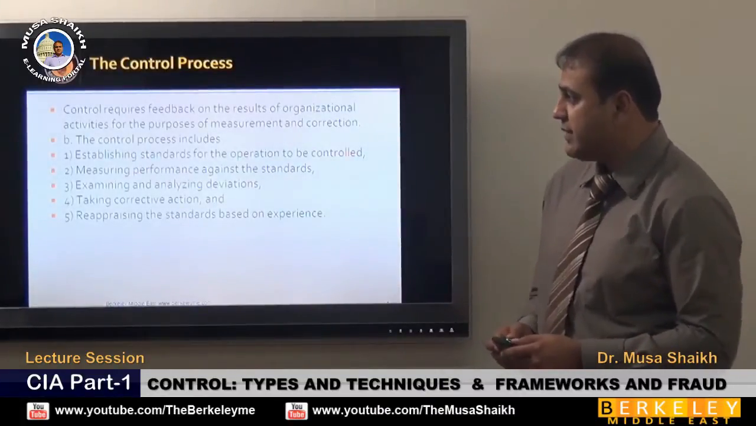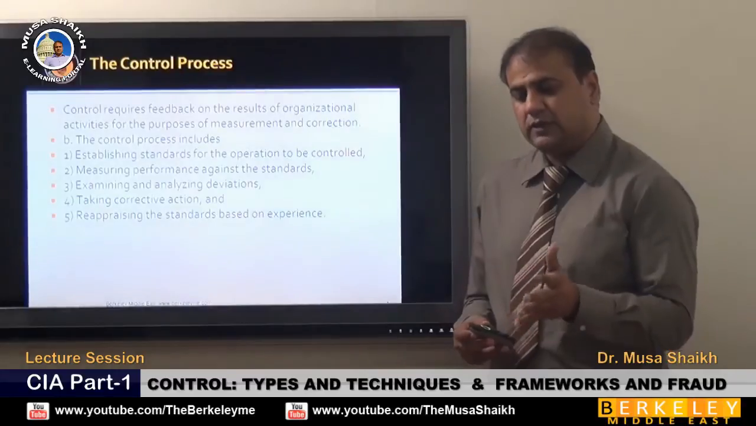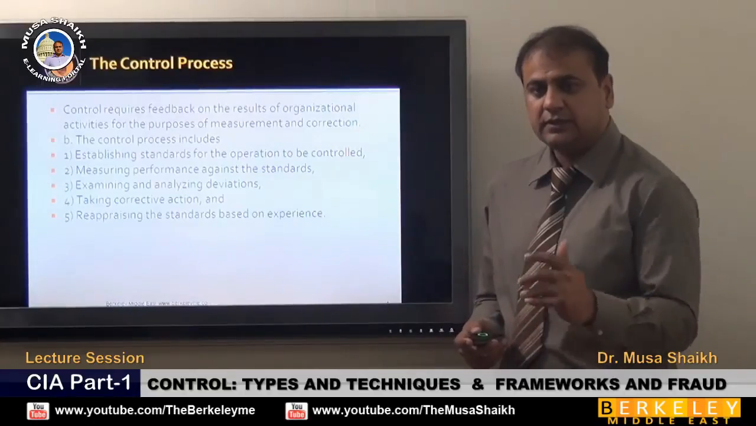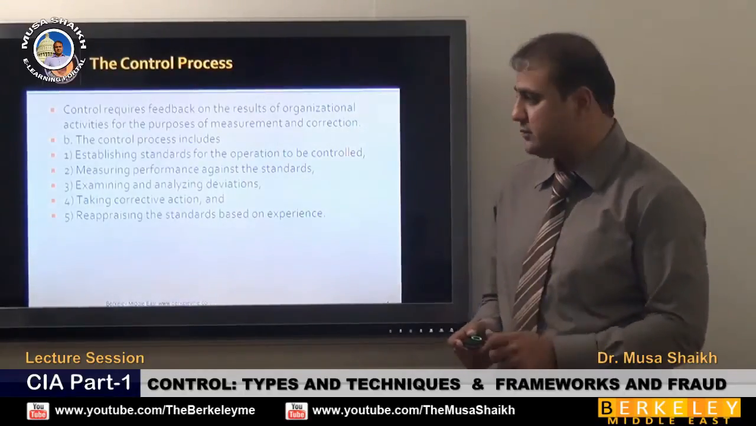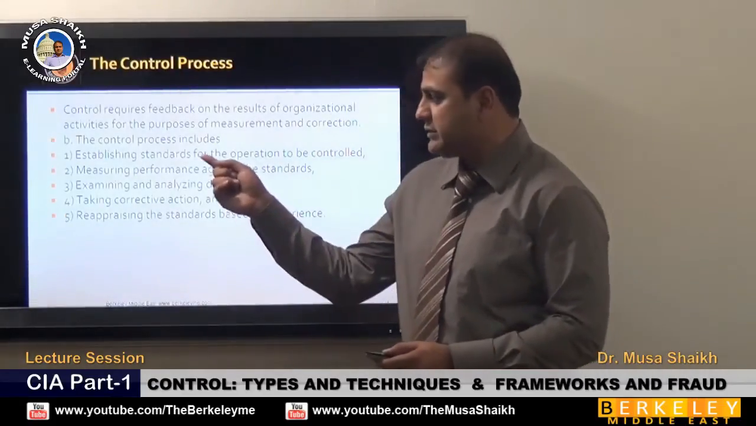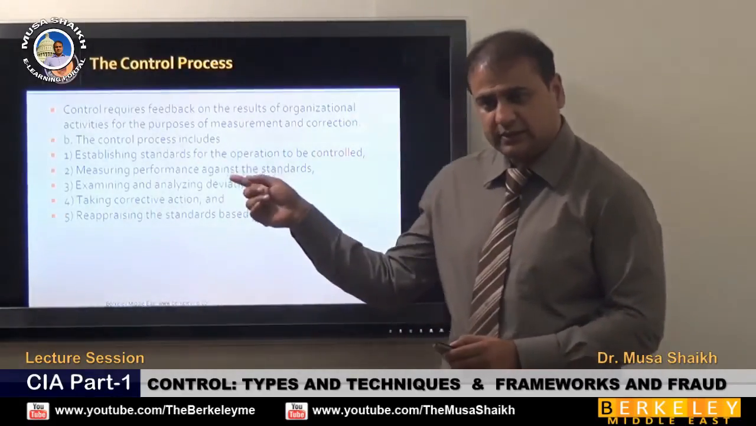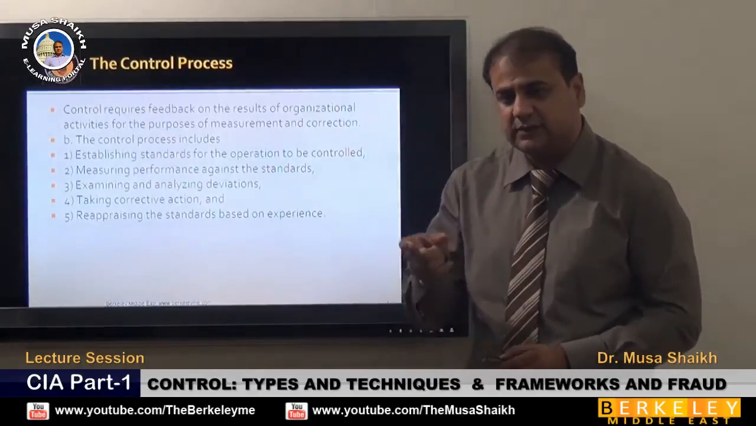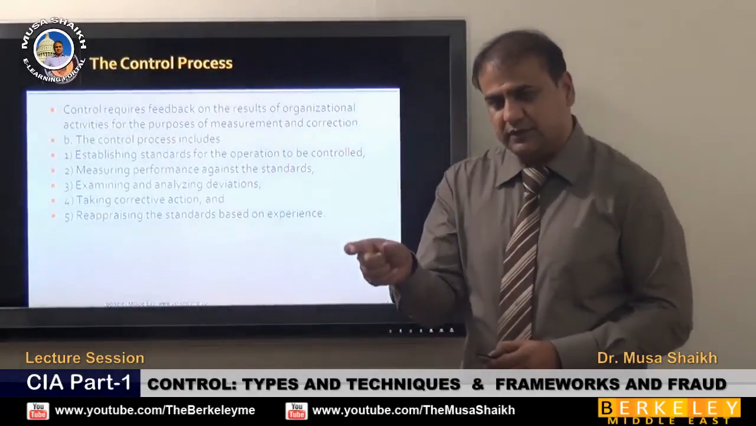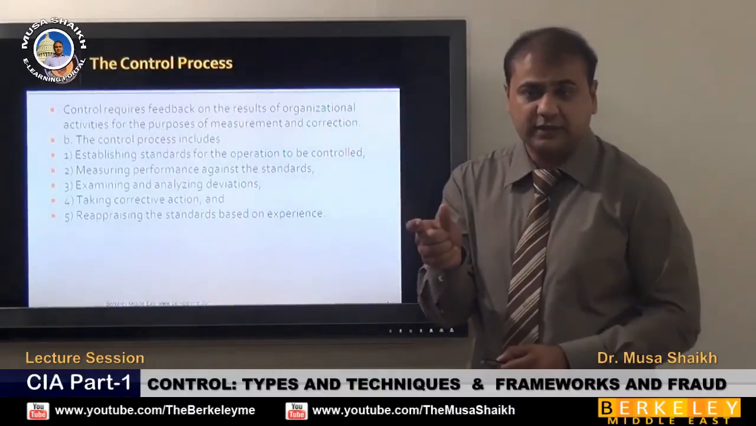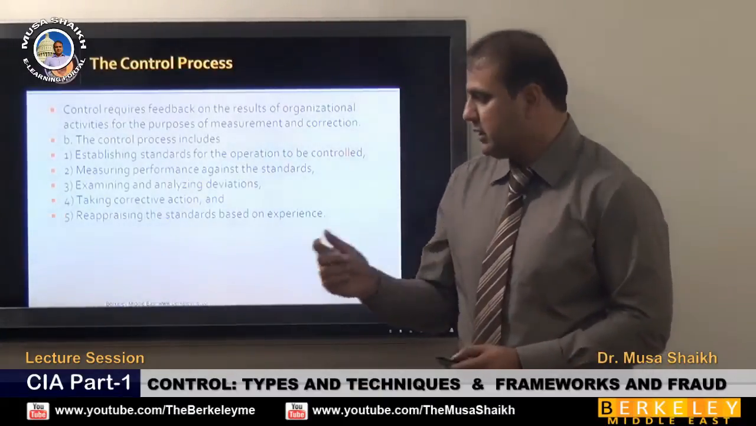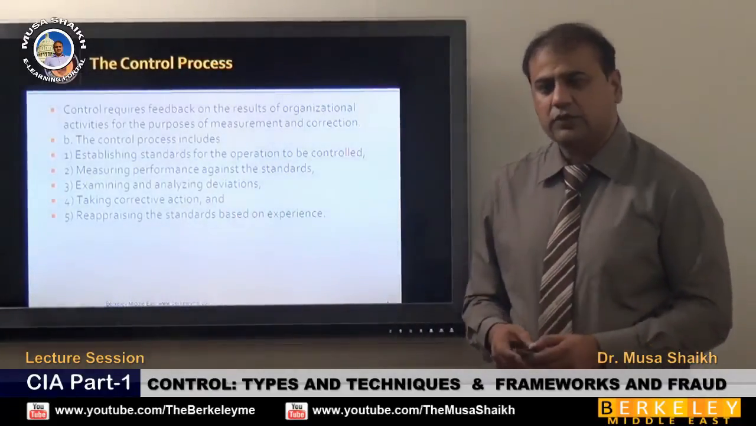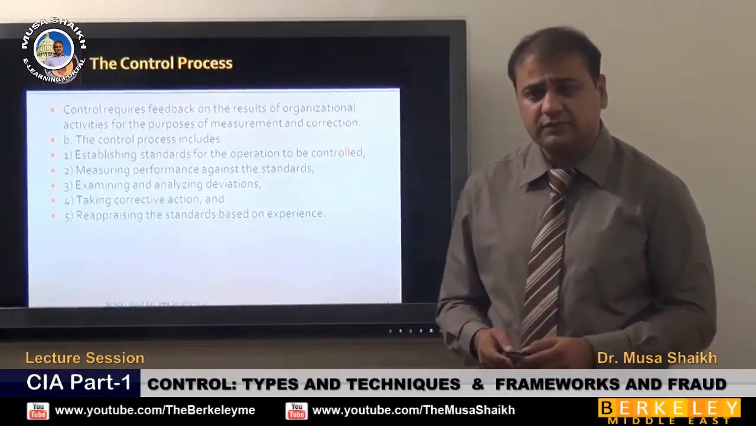Control requires feedback, meaning you have a policy, then you have implementation, and then you test whether people are following these policies and procedures in terms of controls. The control process should first establish the standard, then measure the performance, and examine and analyze the deviations. Deviation means variance analysis: you have the budgeted figure, you have the actual, so you see where the defined procedure is violated. And take corrective action if necessary and reappraise if you need more information, based on your experience, judgment, and professional